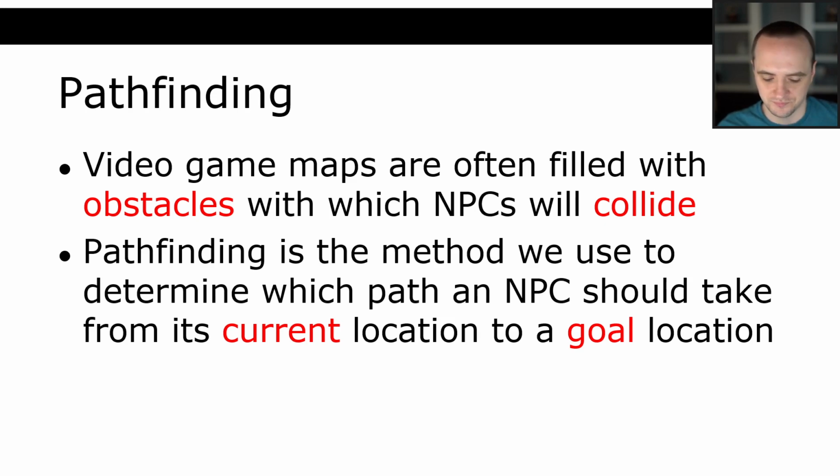So in that example, the NPC was trying to give a reward to the player, so it was trying to get from its current location to a goal location, which is the player. Now, it turns out that goal locations, and we'll talk about this a bit later, could be static or dynamic, right? That NPC was actually trying to get to a dynamic goal location. So the player might be moving while it's navigating. And so sometimes you may have to calculate a path more than once in this sort of dynamic scenario. Basically, every so often, that NPC would have to ask, okay, where is the player now? And if the player moved, I'm going to have to recalculate my path to that player.